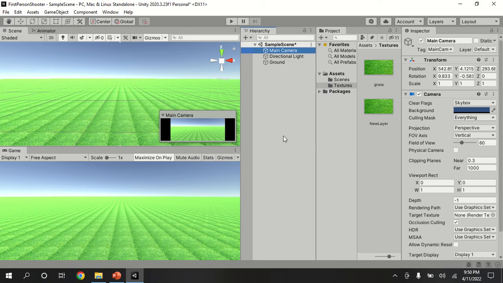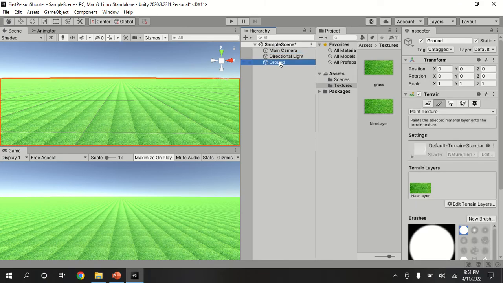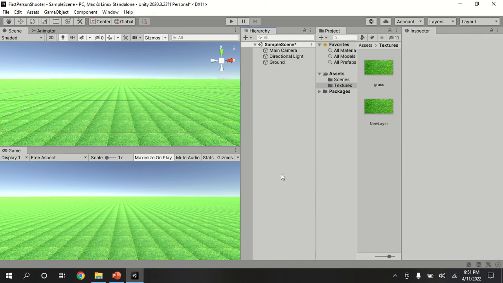Okay, I already told you that you can add as many layers by create layer option, and you can give more textures by adding more layers on this terrain. Okay, you can add a mud texture or another